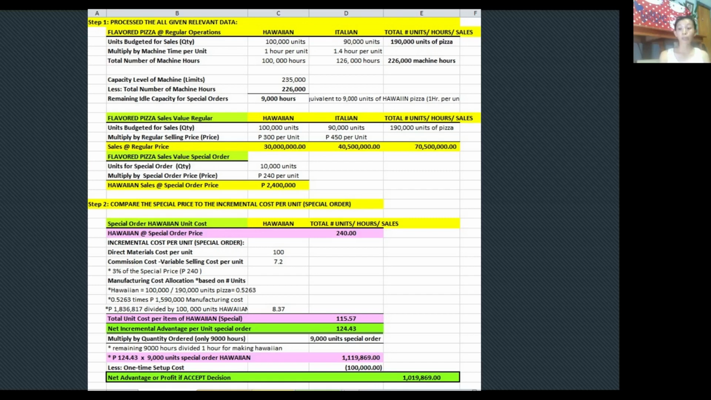So we know that our capacity is limited only in machine hours. Our remaining capacity is 9,000 hours. So that 9,000 hours, divided by 1 hour per unit, means only 9,000 units of Hawaiian can be made, not 10,000. So therefore, to get the net advantage or profit on the accept decision, we need to multiply the net advantage times the number of units ordered, and we come up with